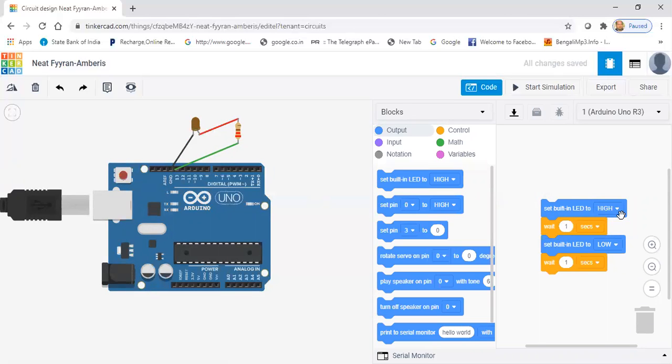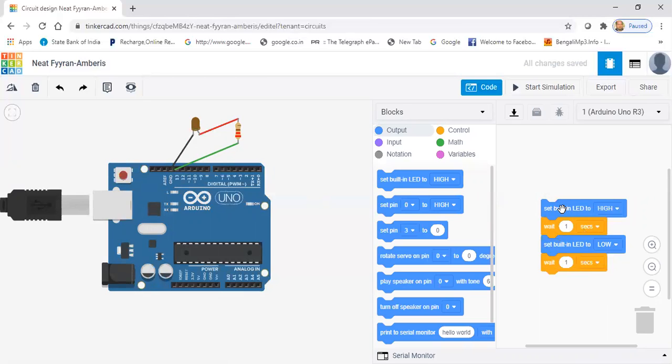So first of all, this is high condition. In high condition, then we are going to insert a wait state, that means a delay of 1 second. Then again set this particular LED to low condition, and then again insert a delay or wait of 1 second. So this is the whole program.